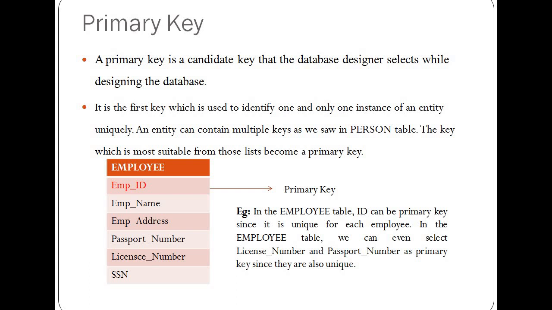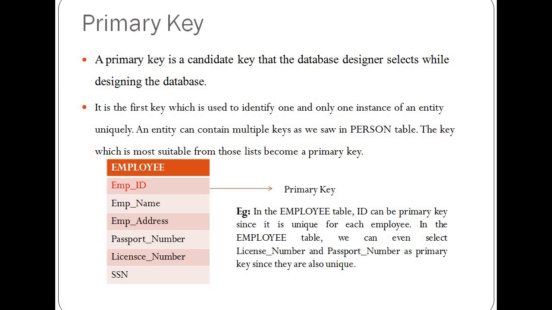A primary key is a candidate key that the database designer selects while designing the database. I think it's clear to you.